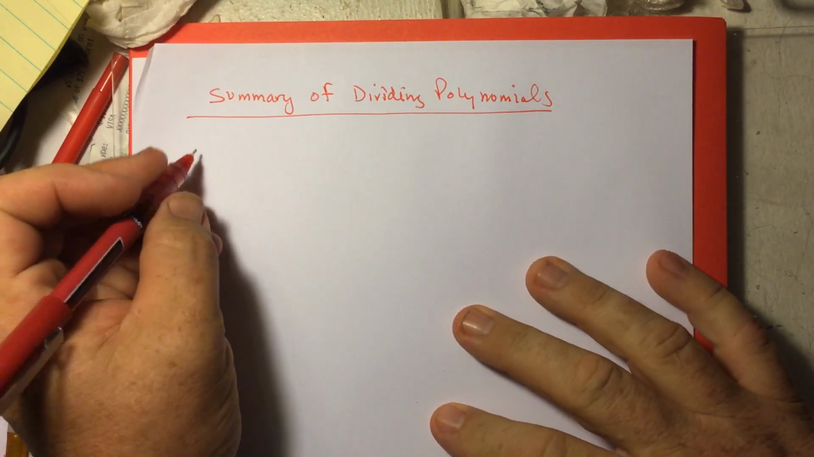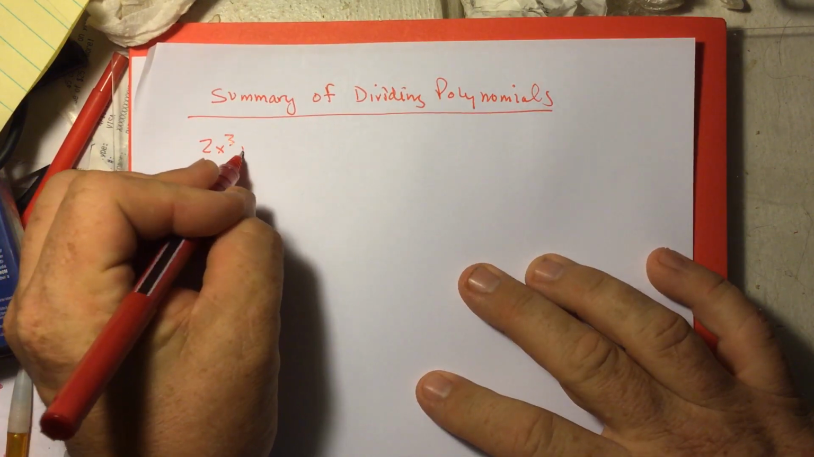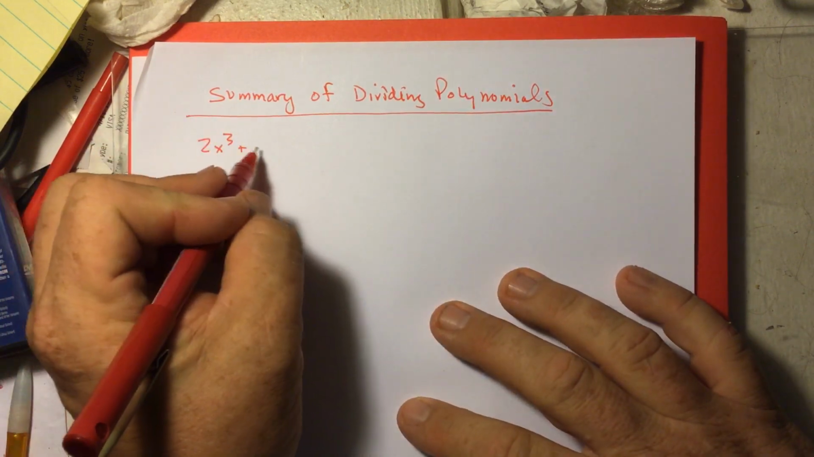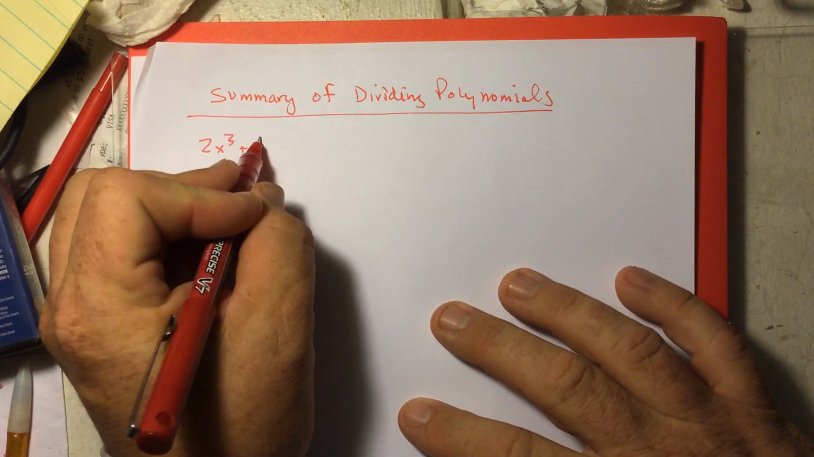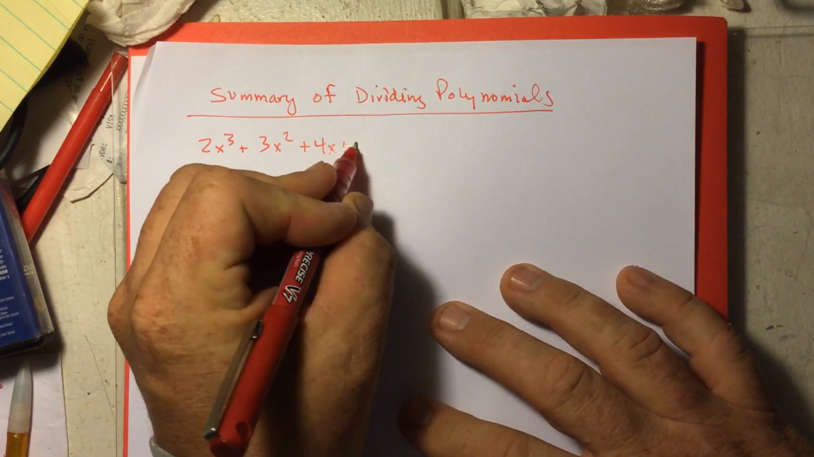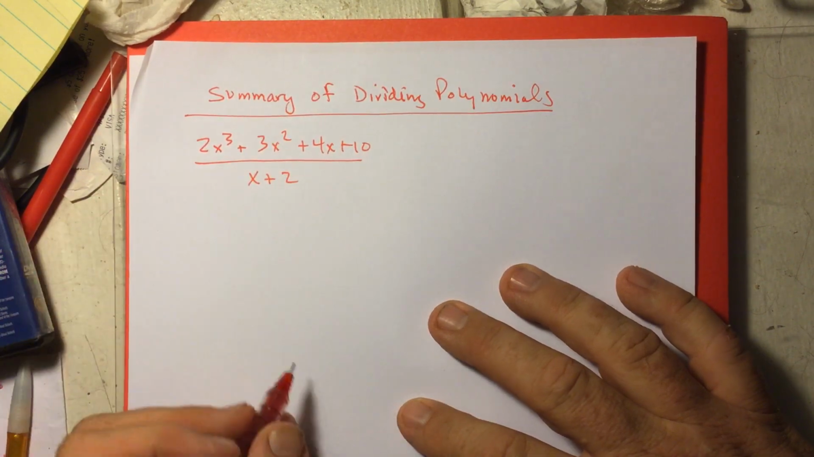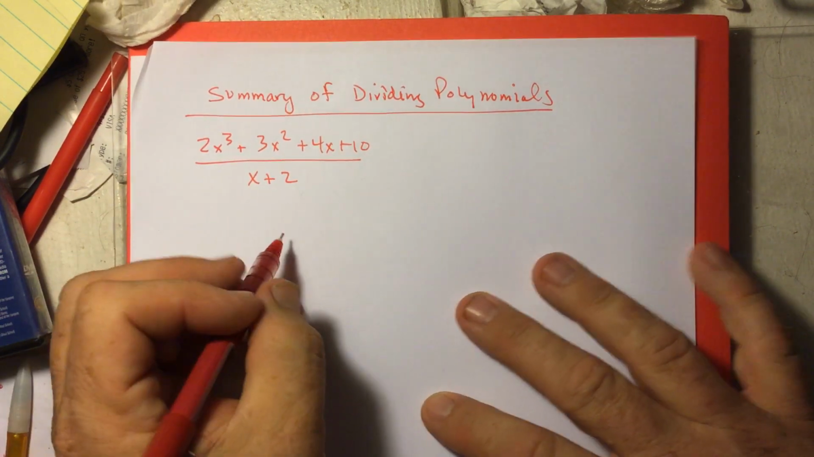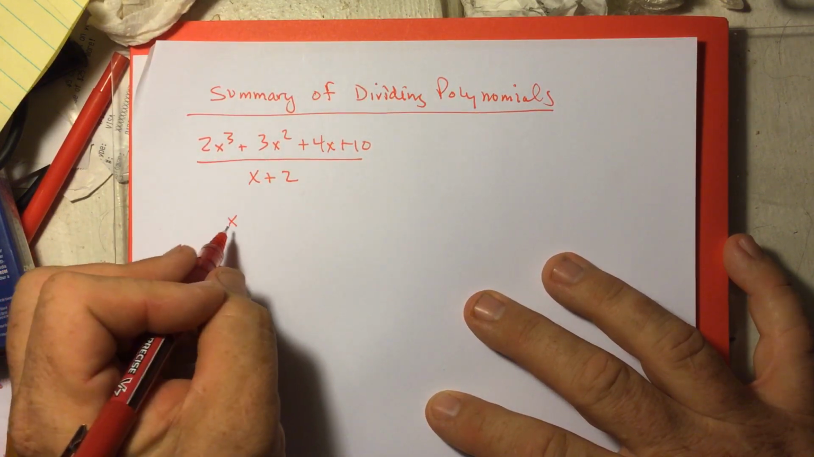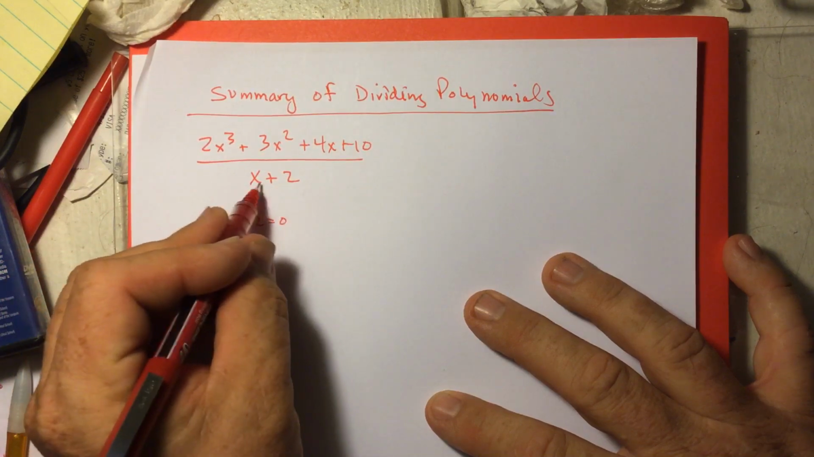All right, everybody. We're just going to do a quick summary of dividing by polynomials. Let's see what we got here. 4x plus 10 divided by x plus 2. Don't forget, synthetically, we set this equal to 0 if we're going to do a synthetic division on this, which we can because of that